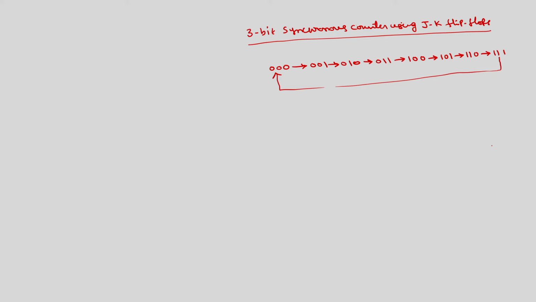In order to design this, we have to choose the type of flip flop. We can design the synchronous counter using any flip flops. Here I am using JK flip flops because I have written the code for the JK flip flop, so that I can instantiate this JK flip flop code. The number of bits is equal to the number of JK flip flops. We require 3 JK flip flops.